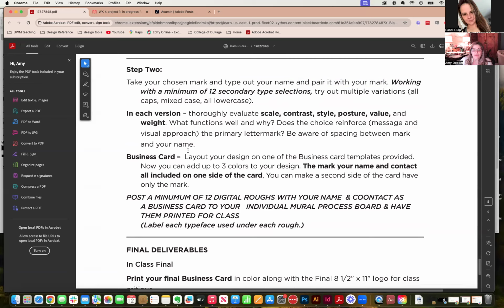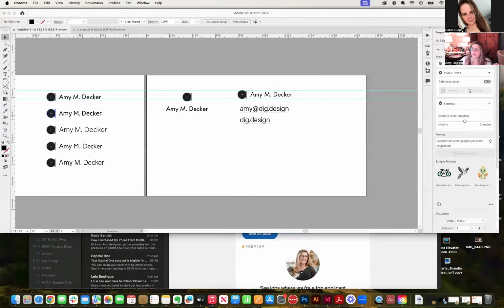We're then going to look at our business card and we're going to lay out our design on the business card. And you have two sides to your business card. You're going to have your mark and your name and contact information all on one side of the card. And then you can make a second side of the card that's much more about the mark. It just has the mark on it. So let's look over here